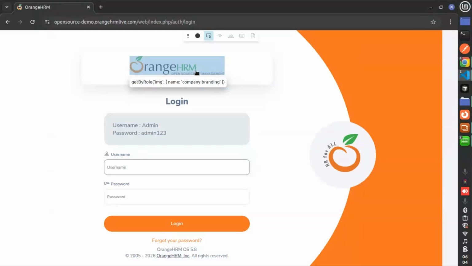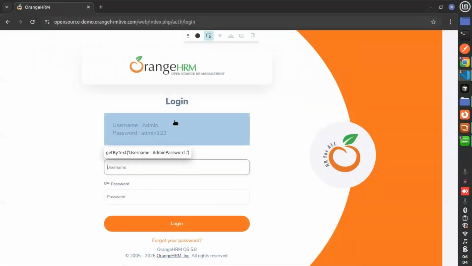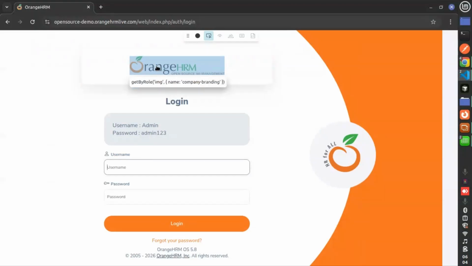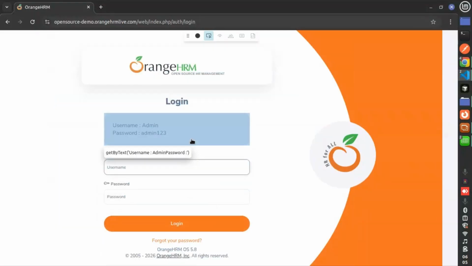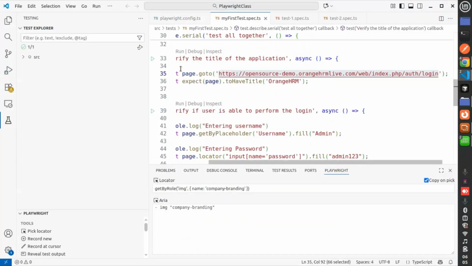Okay, now you can see multiple web elements available on this page. Whatever element you are hovering over, the locator for that element is visible just below this. Okay, so to use this locator, you just need to perform a click. Let's say you want to get the locator for this OrangeHRM image, just click on it and go back to your